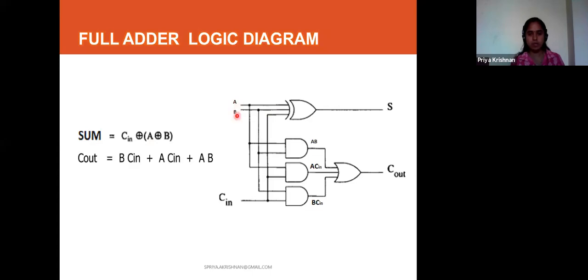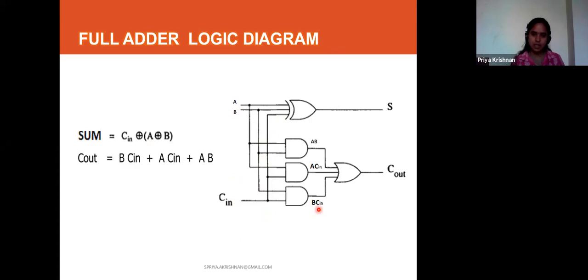So A, B and C in are taken as inputs. So a 3 input XOR gate. And then what I have is B dot C. I need what? AND gate. So B dot C.